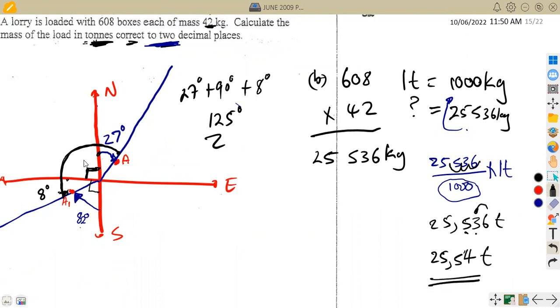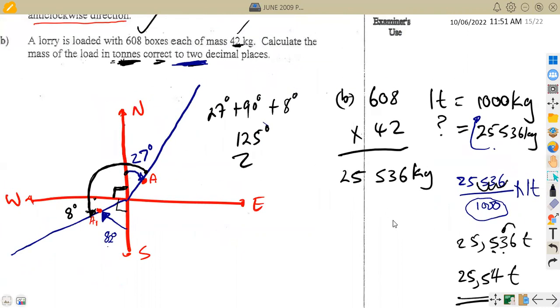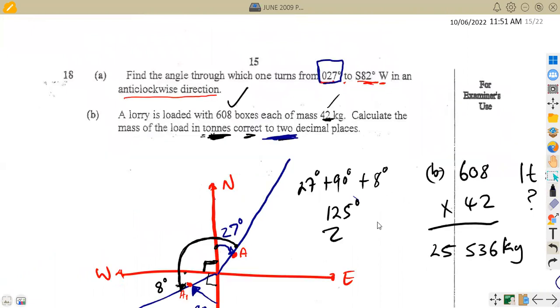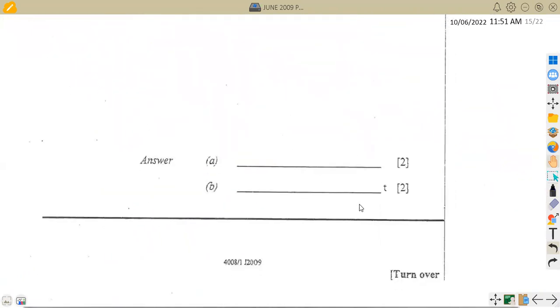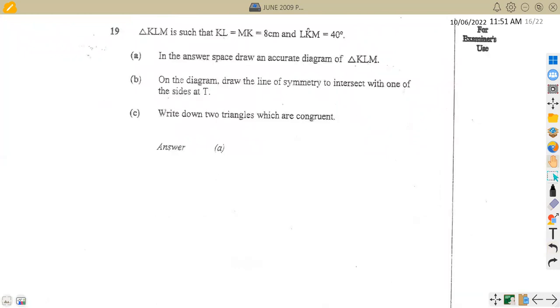So you see some of the mistakes that we make in the exam, and it's paper 1. And remember, paper 1 is correct answer only. So make sure that your working is actually presented, and your final answer is fine. Okay,